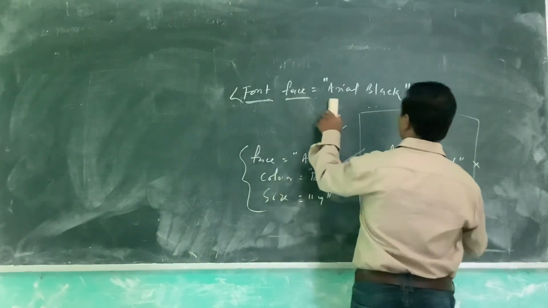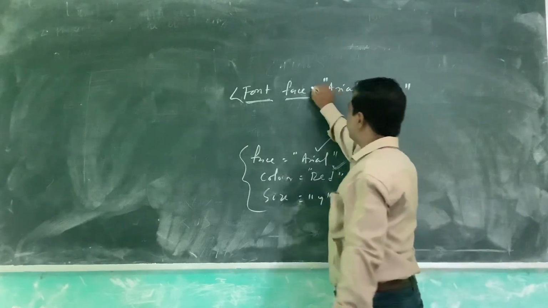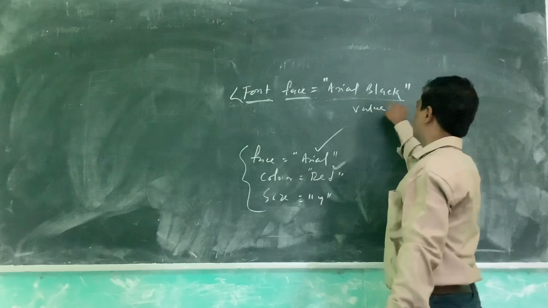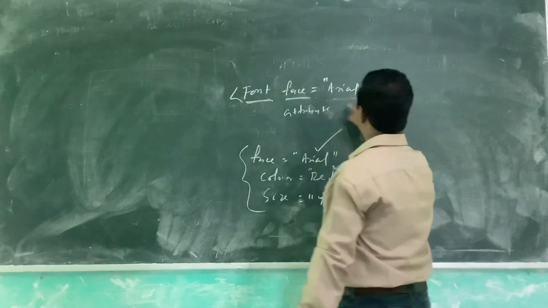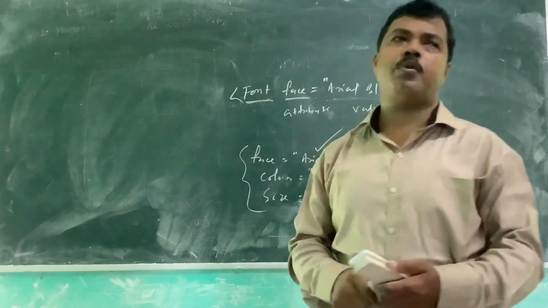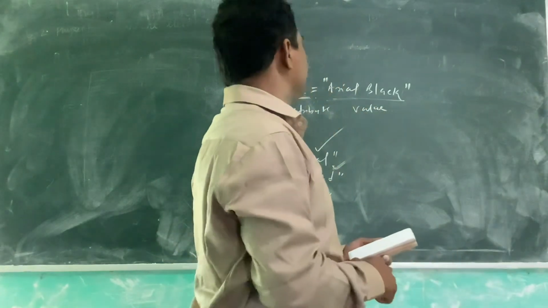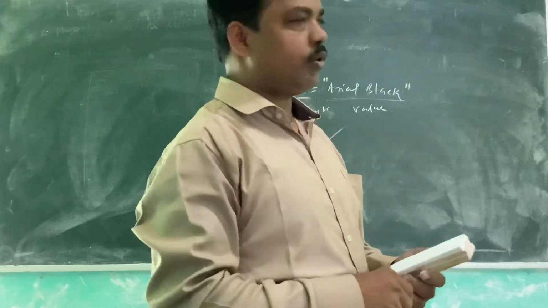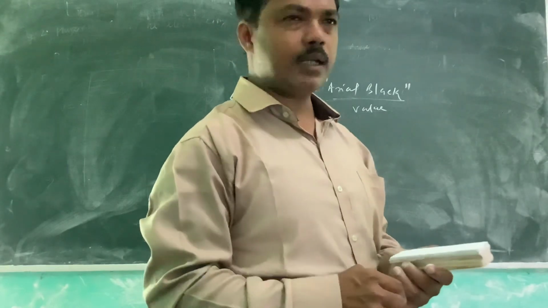And if an attribute is used, you have to give its value. Again I am telling, this is the attribute of the font tag and this is the value of the attribute. So to specify the font type, use the attribute face equal to the name of your font. Face equal to Times New Roman, face equal to Arial, face equal to Arial Black, whatever it may be.